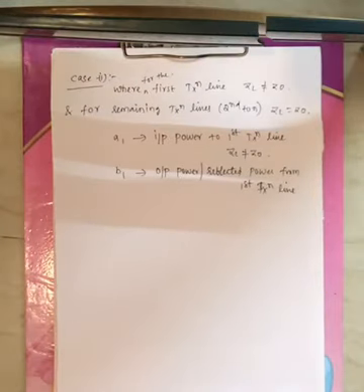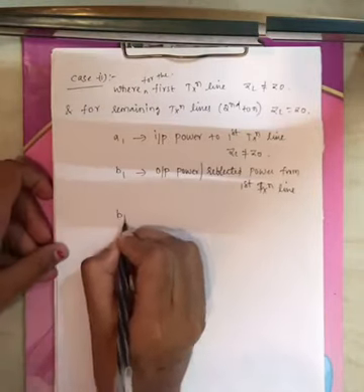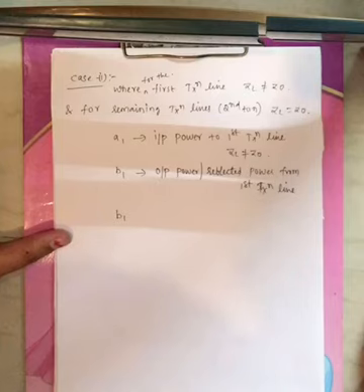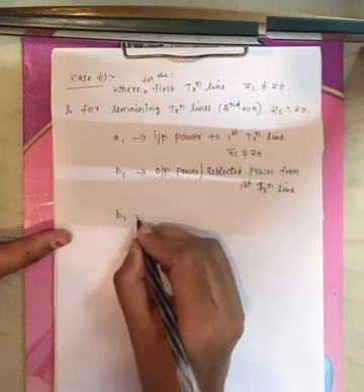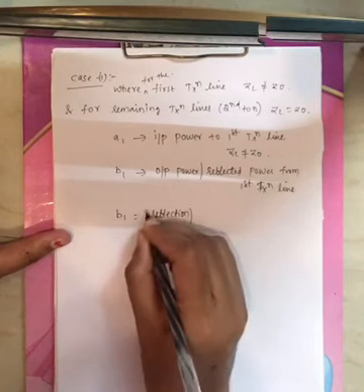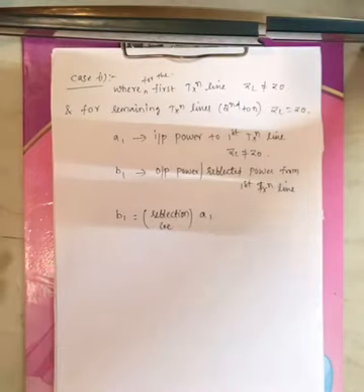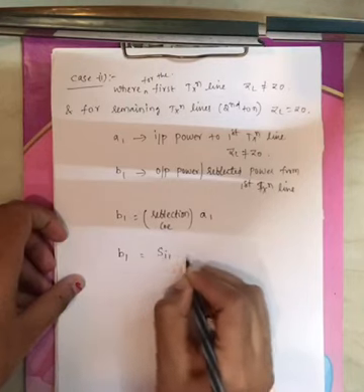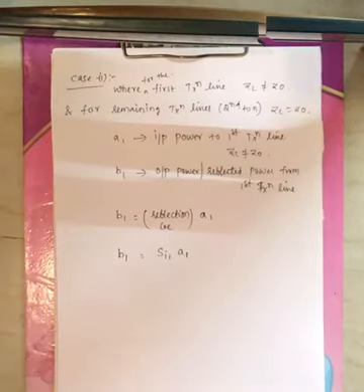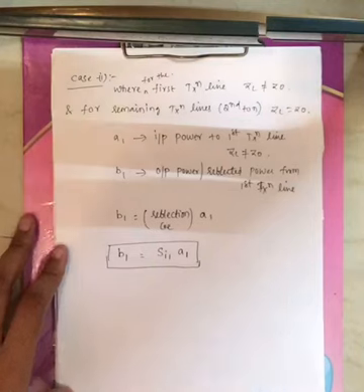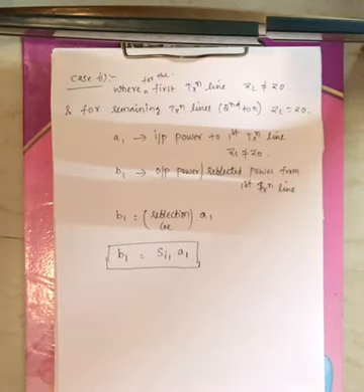Now how is A1 related to B1? B1 is the reflected power. Why are we getting reflected power? We have considered a case where ZL not equals to Z0 only for the first transmission line. So B1, the reflected power, equals the reflection coefficient times the incident power or input power, given by A1. B1 equals S11 times A1, right? This is the relation between input power and reflected power.